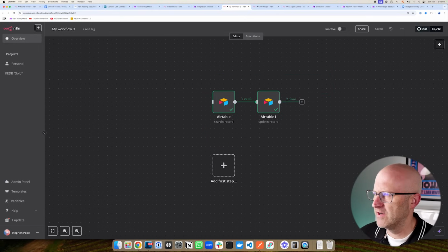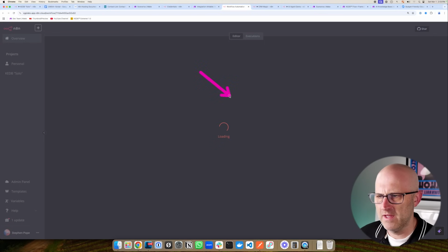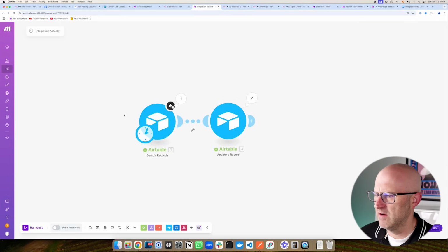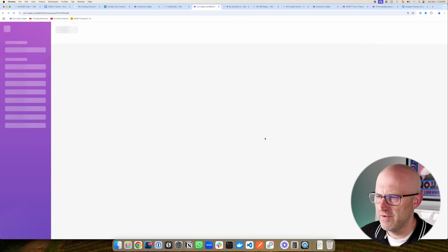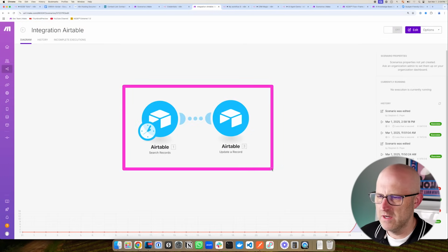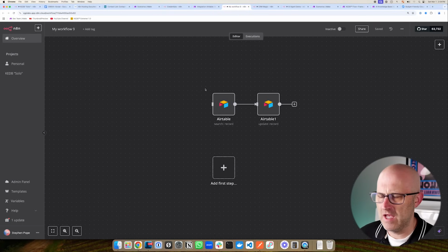So I'm going to refresh this page so we lose the fact that we had some existing data that had already been run. I'm going to come back to make here. I'm not going to save the changes here. I already had those. I'll go ahead and refresh this, so we're starting fresh again. So now one of the main differences between make and n8n is simply how you can step through these